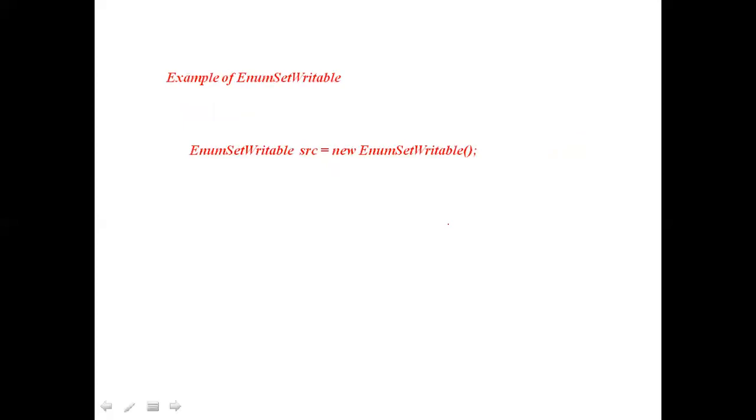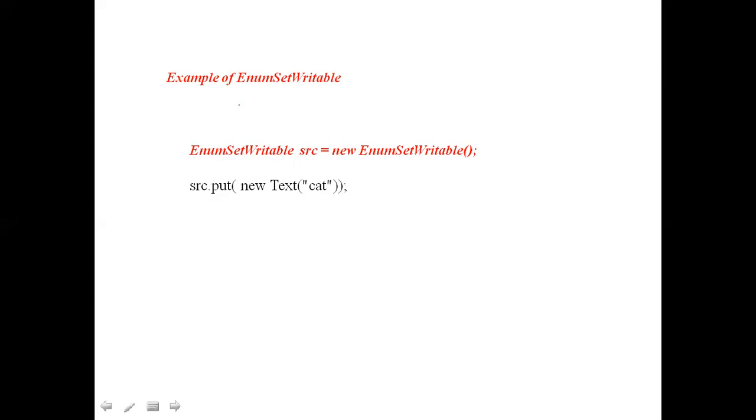For example, I can write the values with src.put of cat. So the cat value will be 0. Next rat 1, next mouse 2, elephant 3. Like that, any number of values we can enter here. It will take those serial numbers as the keys, and these original values will remain the values.